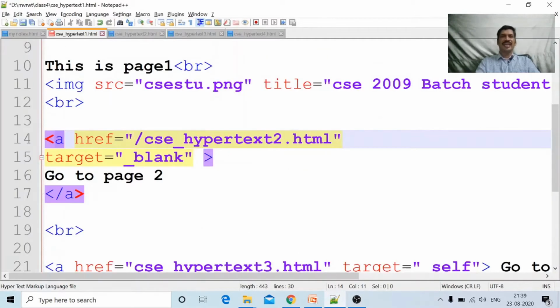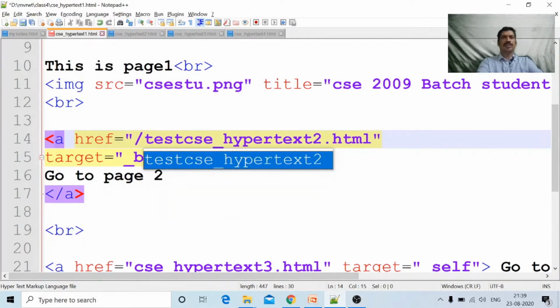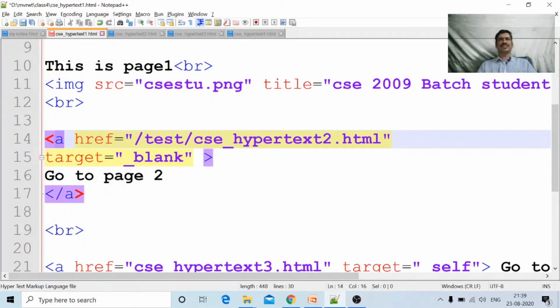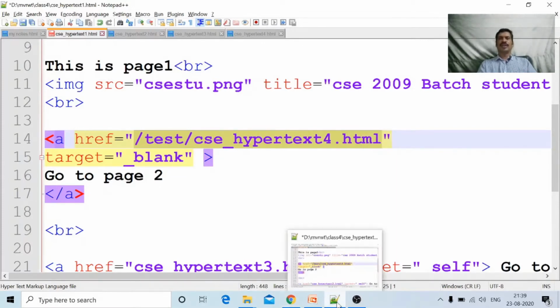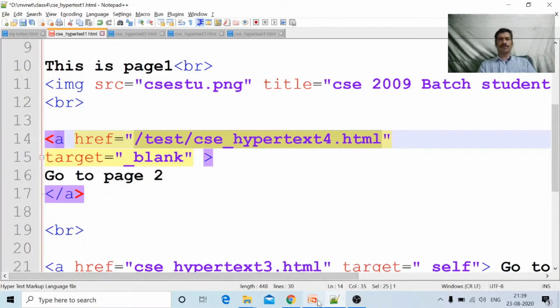Here, test slash: in the current folder, the test folder is there, and in that test folder the CSC hypertext 4.html file is there. Specifying the URL in this fashion, with respect to the current location of the file, is called relative URL. That is about absolute URL, and this is about relative URL.